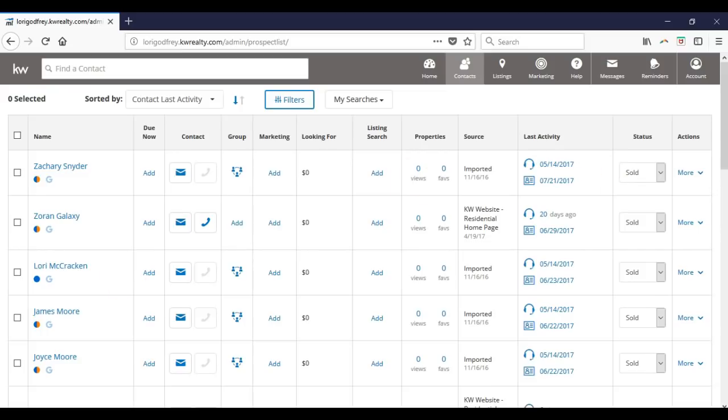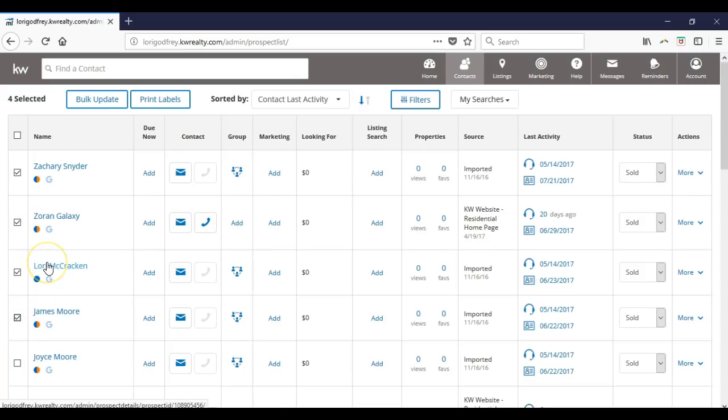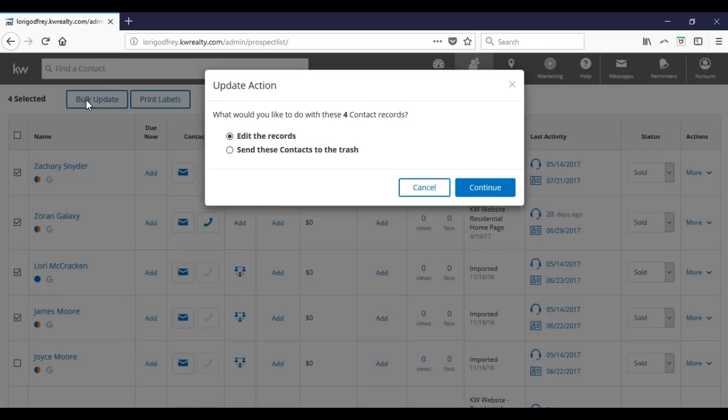All right, now to bulk update contacts with groups, all you have to do is just put a check inside the box to the left-hand side of the contact. And once we do that, the bulk update option will pop up here at the very top. All right, so once I click bulk update on here,